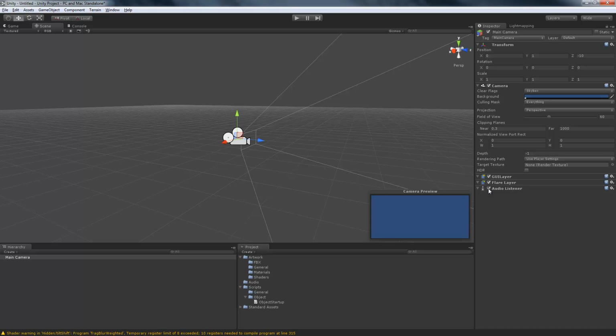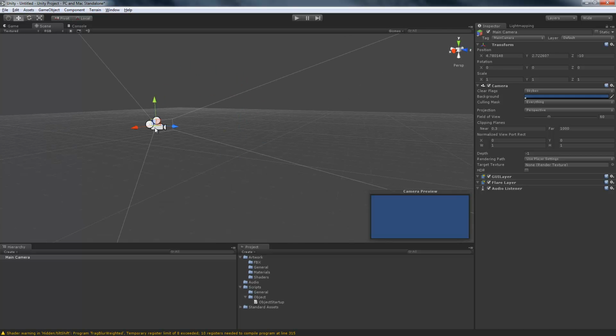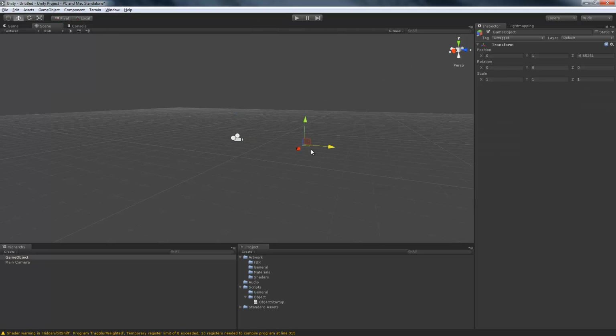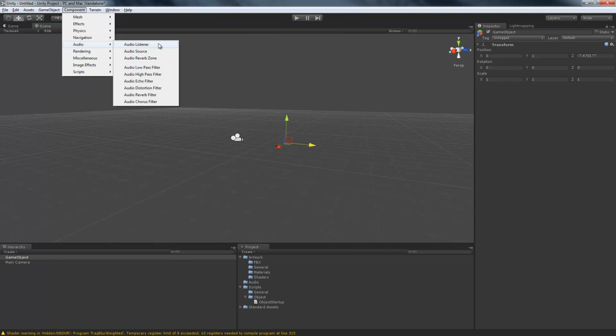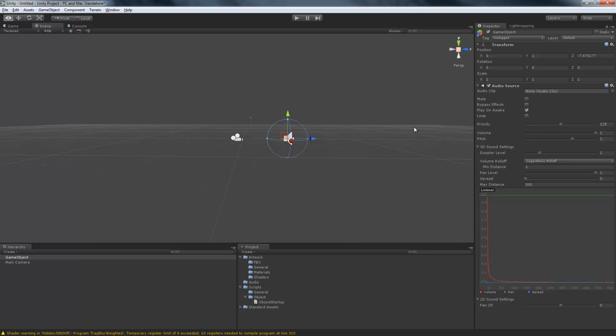If you want to do something tricky or shift it around, you can only have one audio listener in a scene at a time, so if you're swapping cameras around, you often want to detach that or make a system for turning some on and off as you swap cameras around. Basically, this camera's transform is the position of, I guess what you could say is the ear in the scene. So any audio source, which for example, I can make a game object and throw on an audio source. If I put an audio clip on here and told it to play an awakened loop, it would just play audio